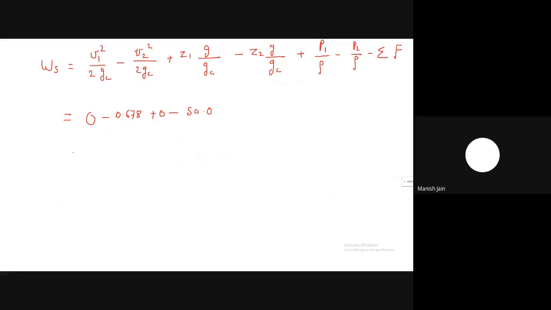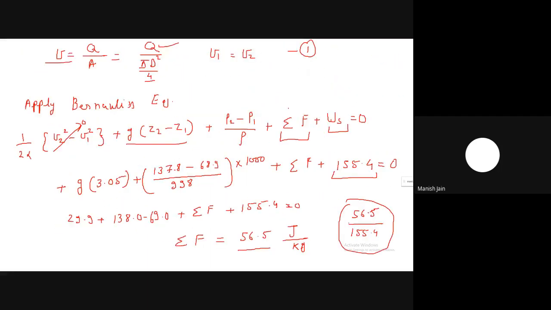So this is plus 0 minus 0. Then minus summation of friction losses,